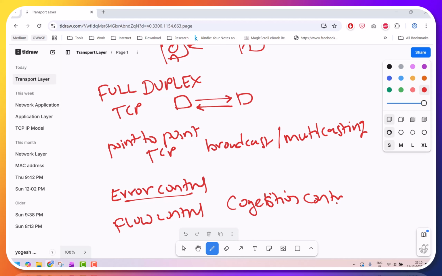All this, whatever we are telling, is theoretical, but how does this actually happen? What is that procedure? How does it look? All these things are called the TCP header. For every message, whatever data packet we are talking about, what does the data packet look like so that it can perform all this point to point, error control, flow control? What are the provisions made in the data packet? All this we will understand in the next session, that is the TCP header. This will be the session.